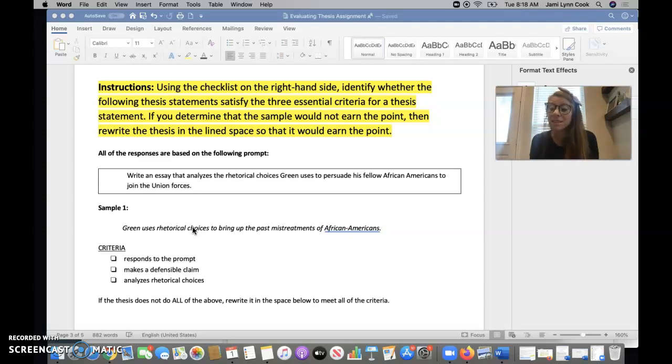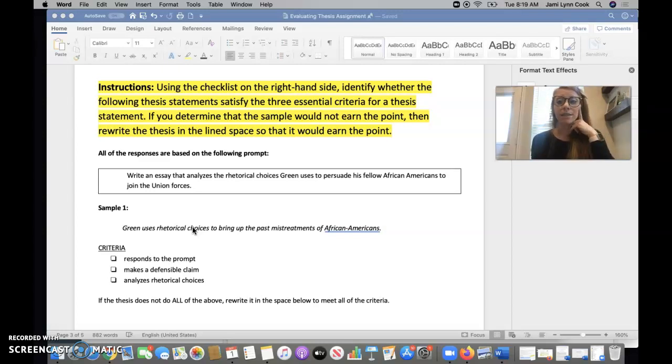So the choices that you wrote down while you were annotating, this is the time for you to actually put those choices in, because you're going to write up this thesis statement. If it were me, I wrote down a few, and I'm going to try and put those in. So I might say instead,